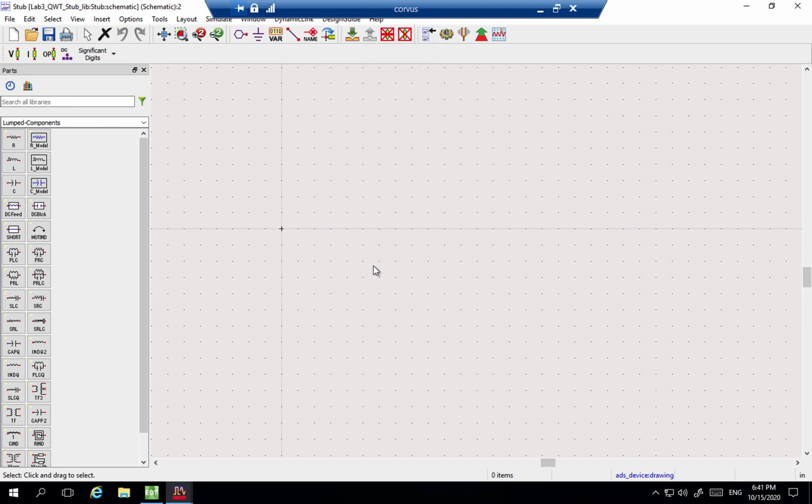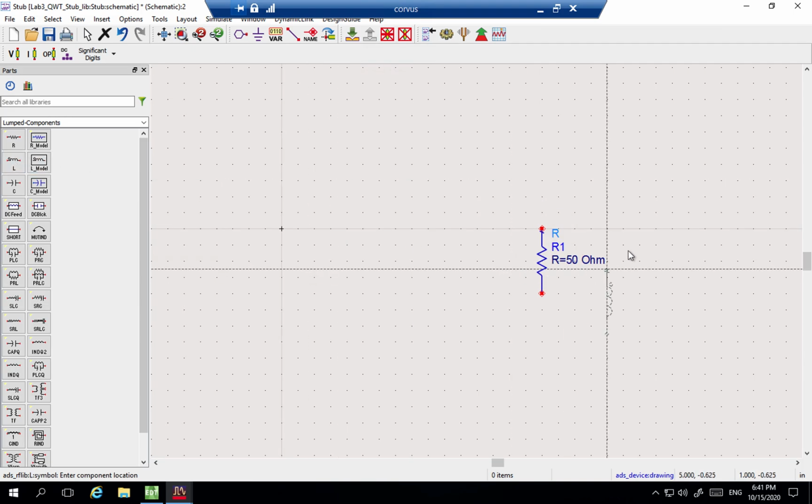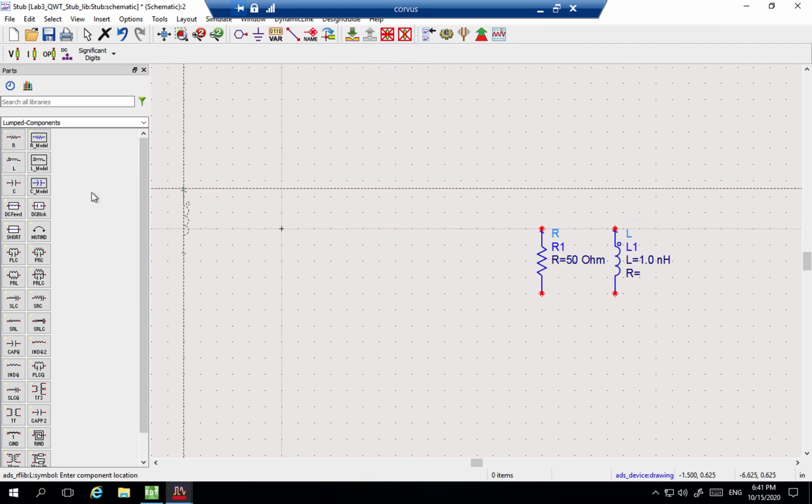All right, so the question is to design and simulate the load impedance. The load impedance has 3 components, R, L, and C, so we can go ahead and add those. The first one is R, and if you want to rotate a component on the keyboard, you can just press Control R and that will rotate it. So first one is R, and then L, put that here, and then C,